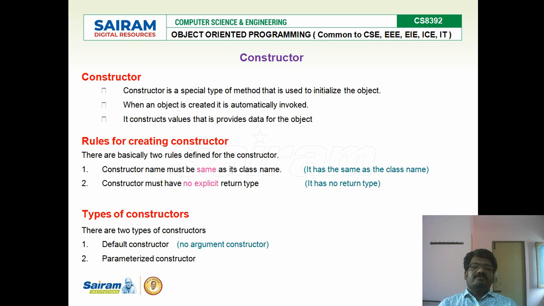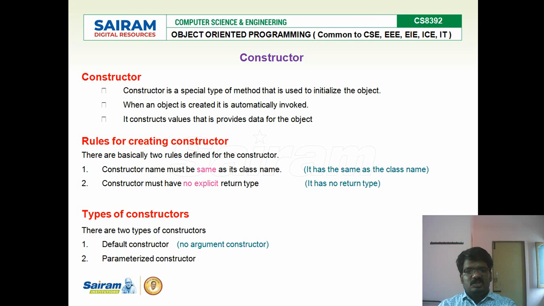So can you refresh what is the syntax for creating an object? Class name, object name is equal to new keyword and followed by the constructor. New keyword is used to instantiate the object or allocate memory to the object, whereas the constructor is used to initialize the values to the object. For example, if you have 3 or more member variables, those member variables will be initialized for the object S1. That is what is called a constructor.